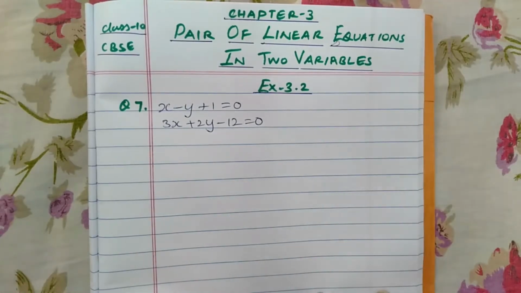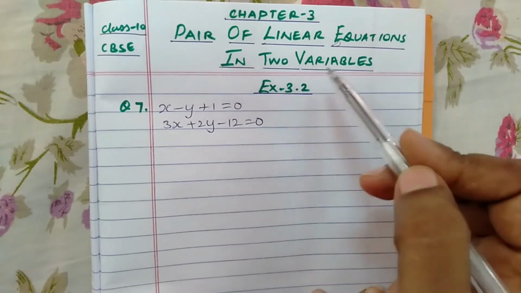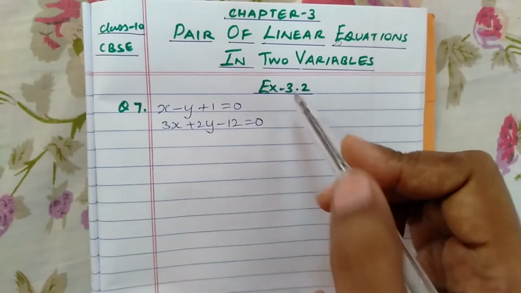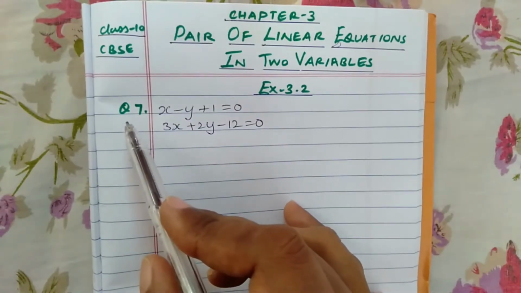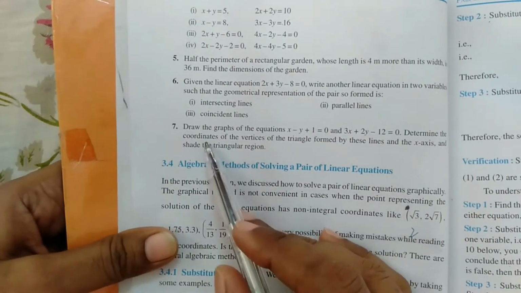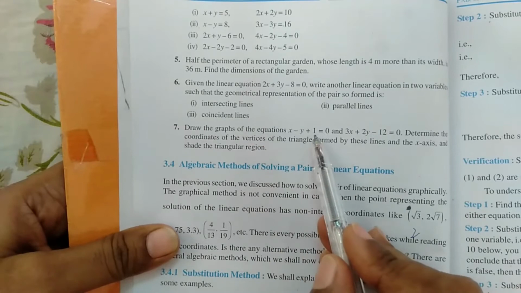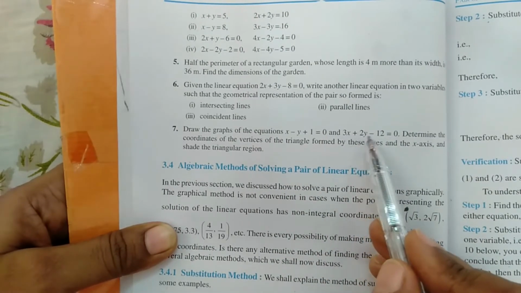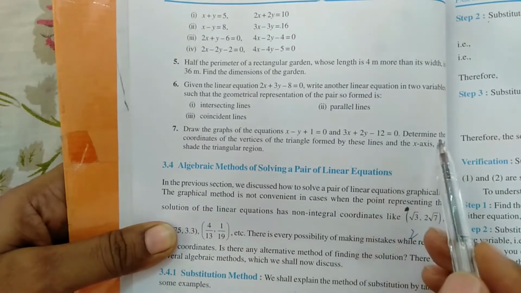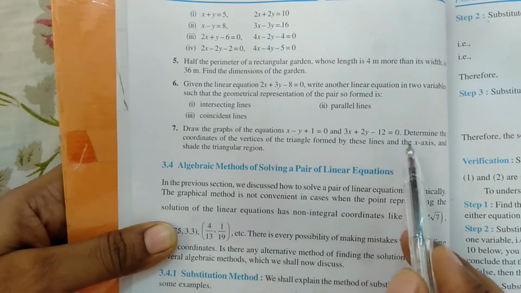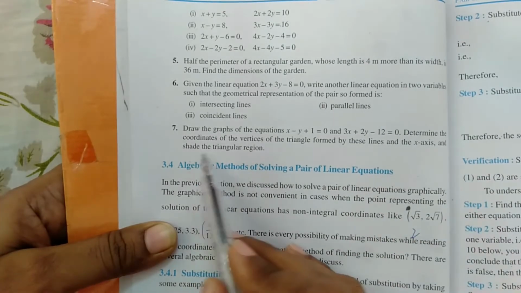We shall see chapter number 3, pair of linear equations in two variables of class 10 CBSE. Exercise number 3.2. We are in the last question of this exercise, question number 7. Here is the question. Draw the graphs of the equations x minus y plus 1 is equal to 0 and 3x plus 2y minus 12 is equal to 0. Determine the coordinates of the vertices of the triangle formed by these lines and the x-axis and shade the triangular